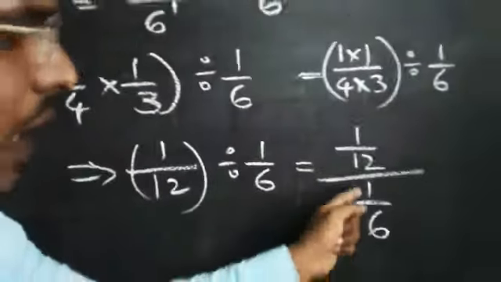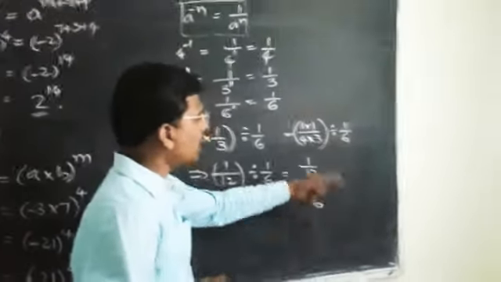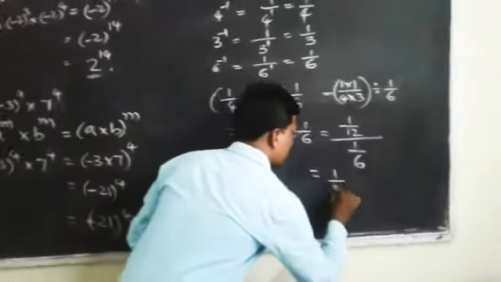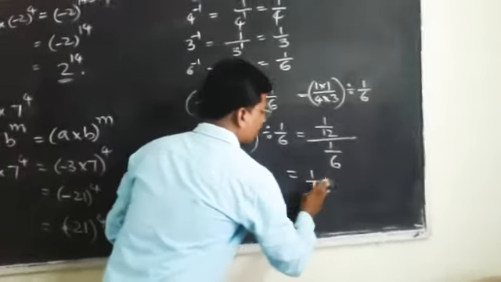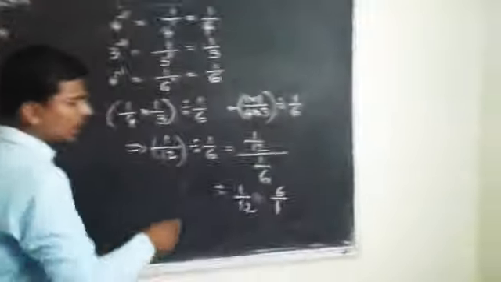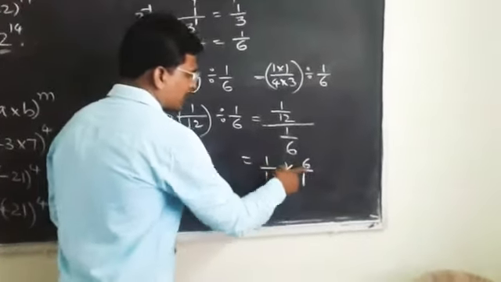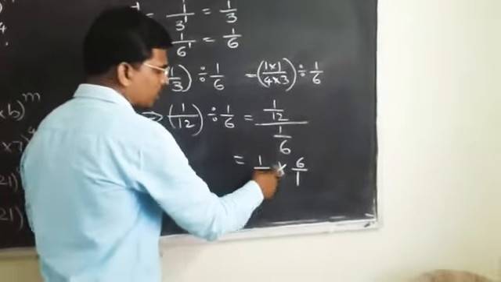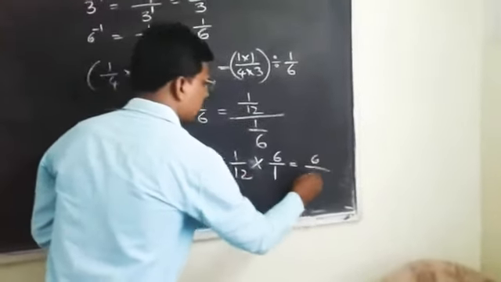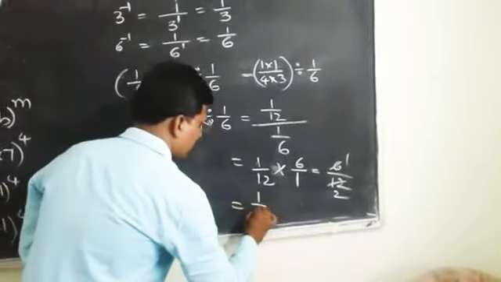Okay. So if you write this number, 1 by 12 and whole divided by 1 by 6. In the denominator we have a fraction. Okay. In the denominator if we have a fraction, it will become a reciprocal. Reciprocal means reverse. So 1 by 12 into, and this 1 by 6 becomes 6 by 1, and this divided by sign will become into. So it will become reciprocal and divided by will become into sign. So just multiply 1 into 6, 6 by 12 into 1, 12. 6 ones are 6 and 6 twos are 12. So your answer is 1 by 2.